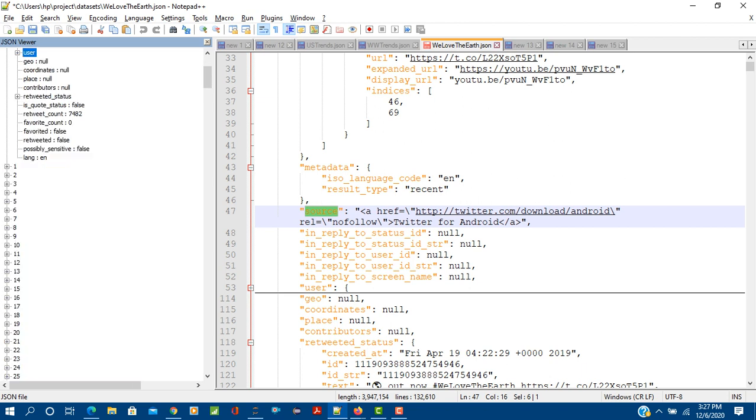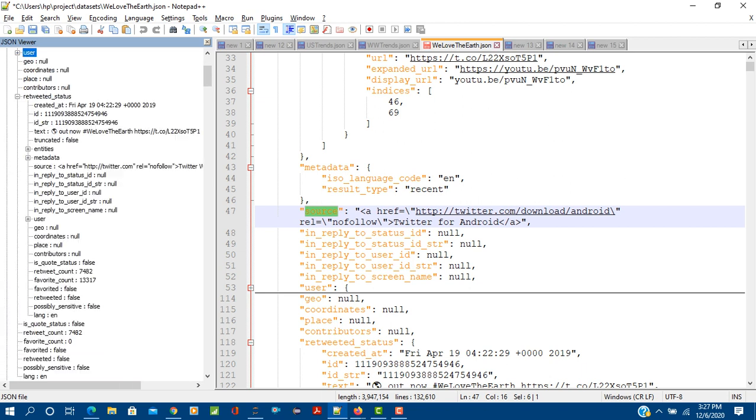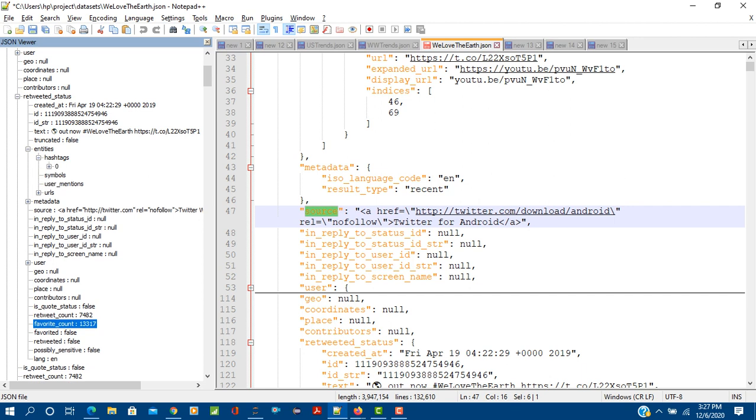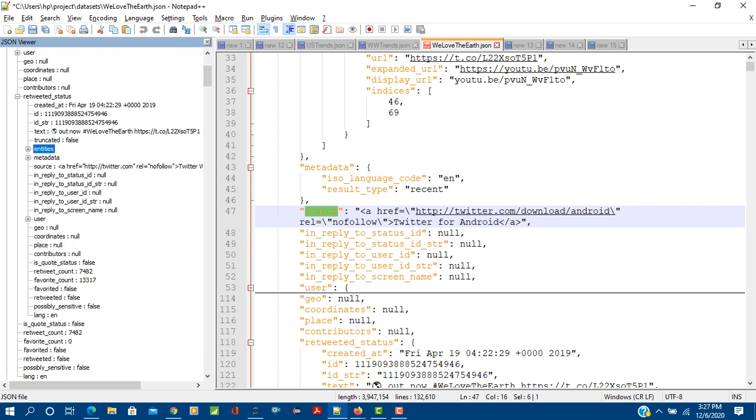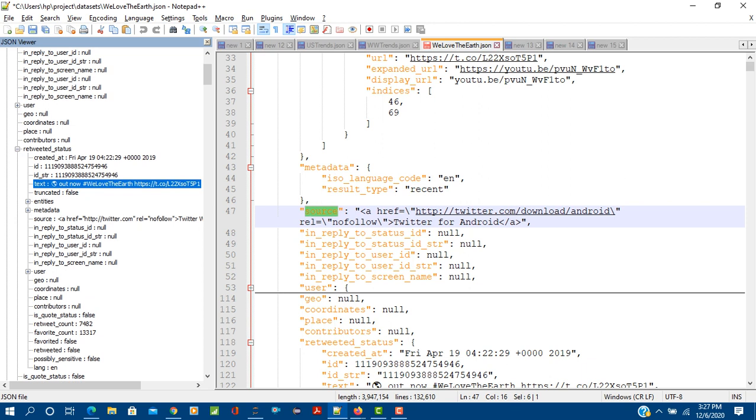We will capture these two, and also the view status. We will capture the retweet count, favorite count, and also from here the entities and hashtags. There is a name there, that is the trend name. So we will capture this one, and also we will capture the text. Here the text is there, right? This text also we will capture, and from this we will